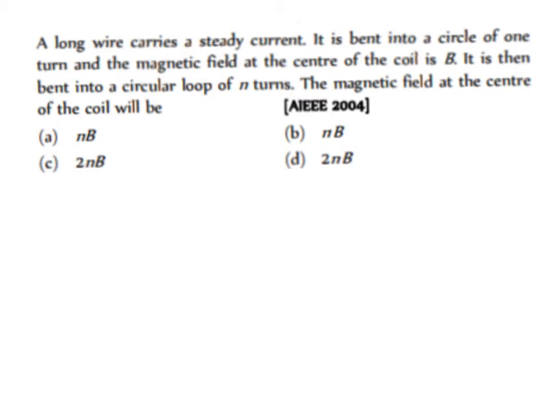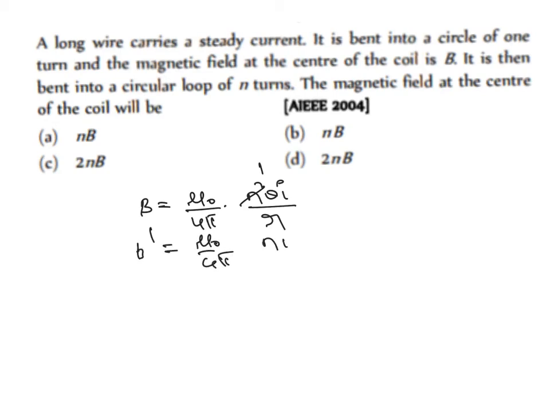See, as you know, the number of turns is going to be how much here? Actually, you know that the magnetic field due to a circular coil must be equal to mu naught divided by 4 pi into n theta I divided by r. This is what we have studied, right? In the first case it was n equal to 1. In the second case, mu naught divided by 4 pi into n theta I divided by r. So that's the reason why now n is going to be n only, right?